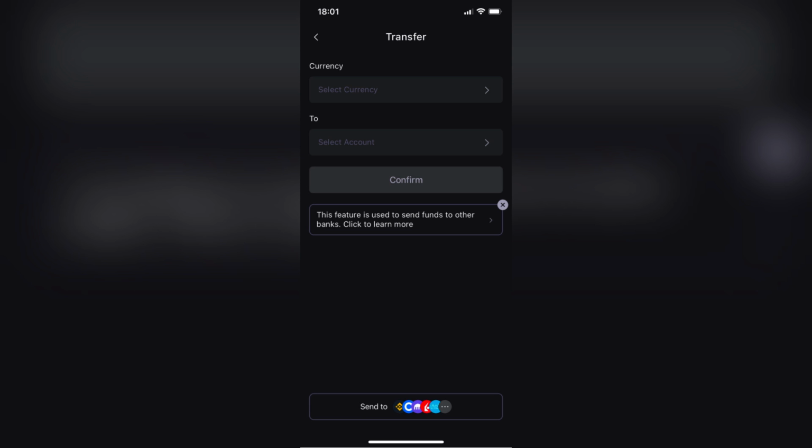It might take anywhere from a few minutes to a couple of business days for the funds to appear in your PayPal account, depending on your exchange and location, and that's it. You've successfully transferred money from your SafePal wallet to PayPal by converting your crypto into fiat currency through a trusted